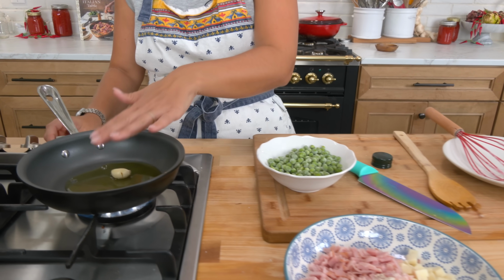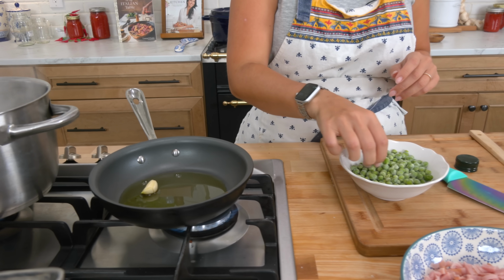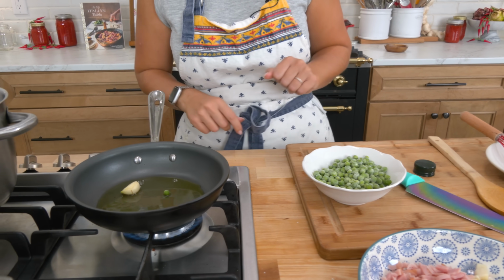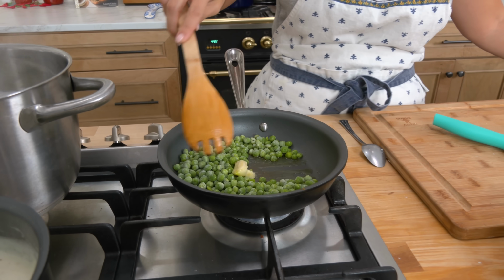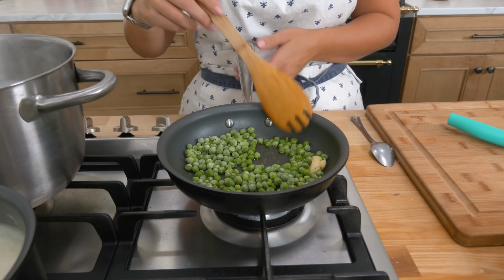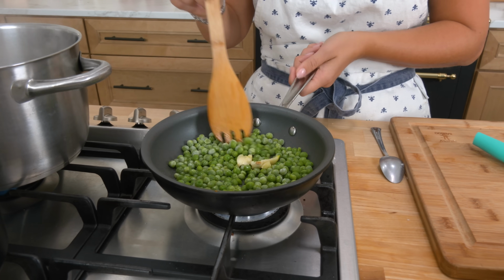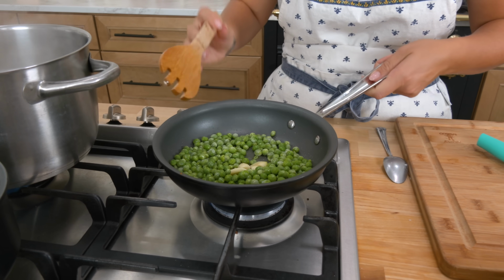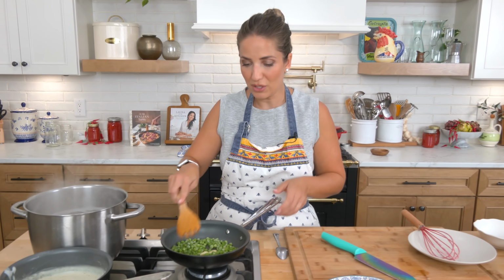So I'm just waiting for this to come to temperature a little bit. And once it starts to sizzle, you can always just, no, not yet. Then we'll add the peas in. When you're adding something frozen, like for example, frozen peas to a skillet with olive oil, don't have the temperature all the way up, because all you'll do is make a mess in your kitchen by having oil splatter everywhere. Now that I put them in, now you can increase the heat and get those simmering and